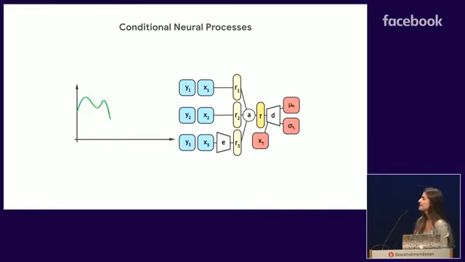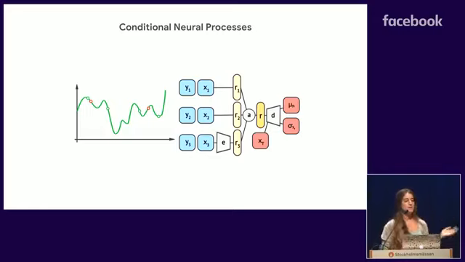In order to train this algorithm, we're going to pick a random function, and select a random subset of points as our context points, and a random subset of points as our targets. We're going to pass the context points through the model, the way I described earlier, and have it predict the mean and the variance at the target positions. We're then going to use this mean and variance to calculate the log likelihood of the ground truth data and use that to update our model.